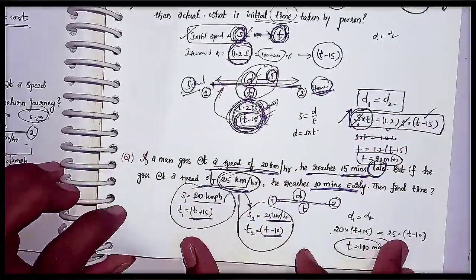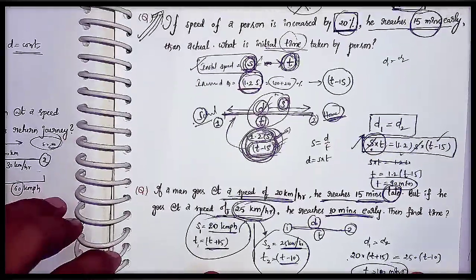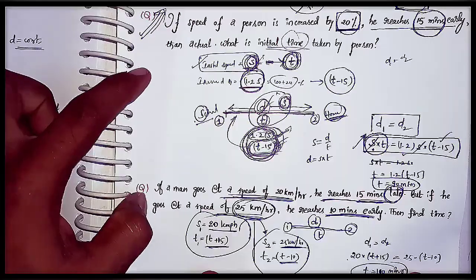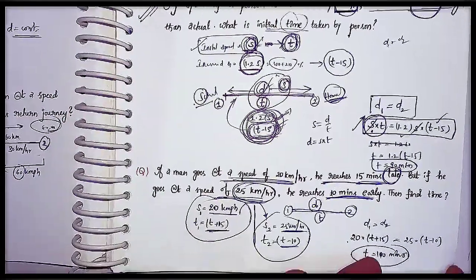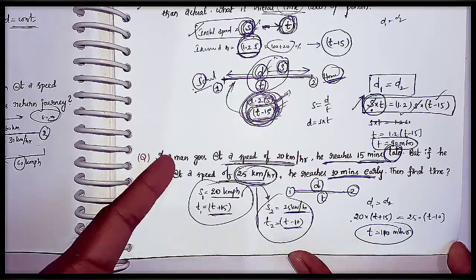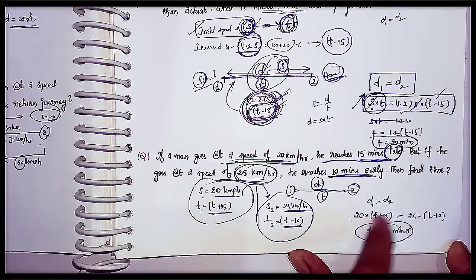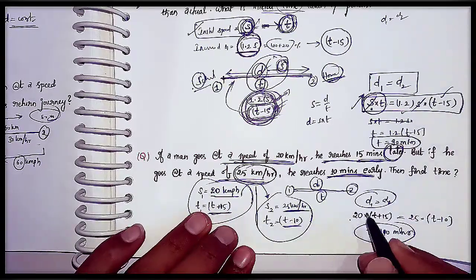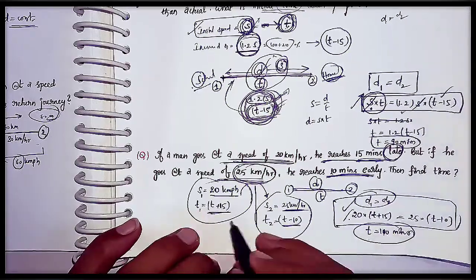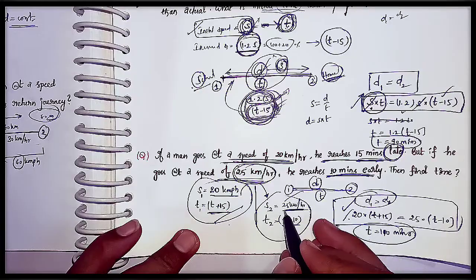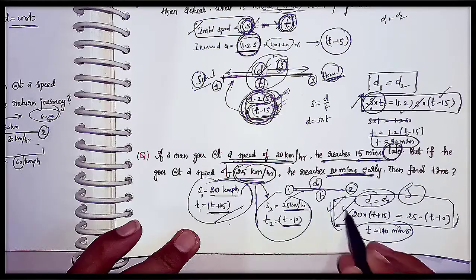It is an easy concept. Within a very short time we can solve these questions if you understand the concept clearly. In these types of questions you should consider that the distance covered is the same in the first case and the second case. If we equate the distance, that is easy. Yes or no? These two given concepts we are implementing in this equation, d1 equals d2. There are only two steps here. If you know this concept, within 5 seconds you can solve it.